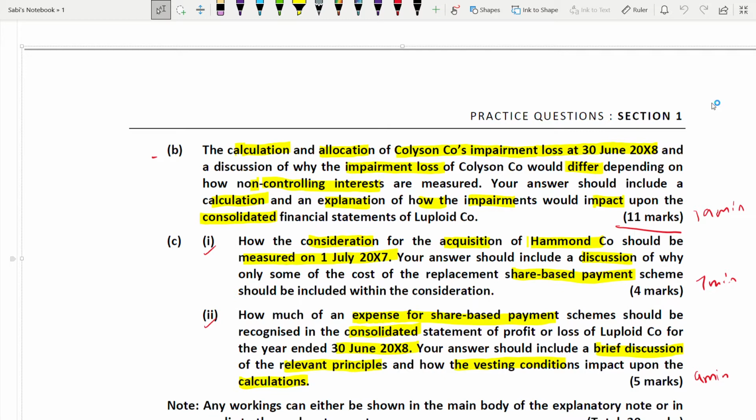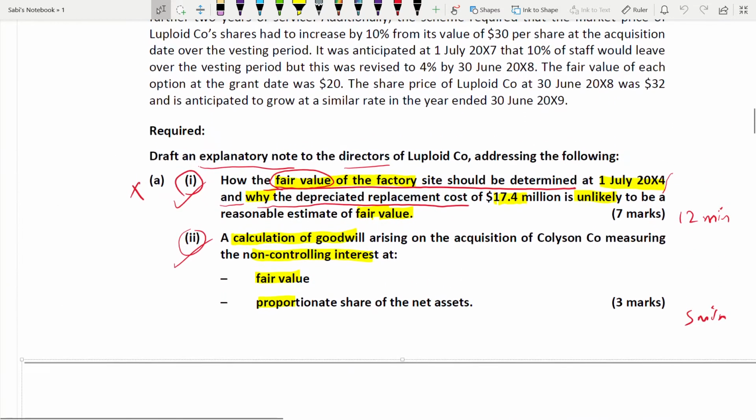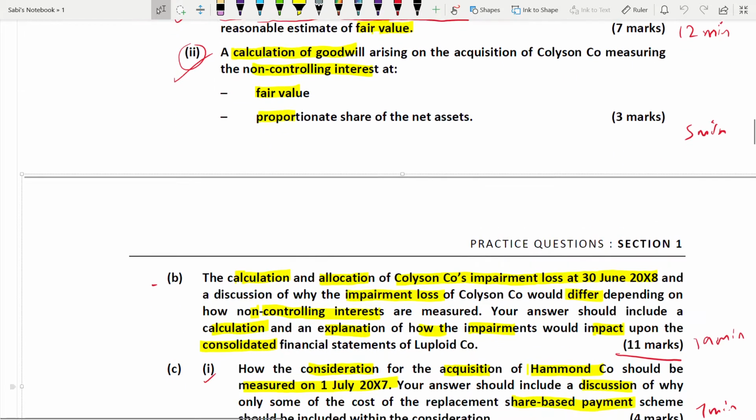So before I start, let me recap what I have done in the previous video. I have finished part A, both the sections of part A, where we calculated the fair value, how fair value is determined, and why depreciated replacement cost was not a reasonable estimate of fair value. And then we did goodwill. We calculated goodwill using the two methods of calculating NCI. One is fair value, the other one is proportionate share of net assets. So these were the two things where we stopped, and then today we are going to do part B and